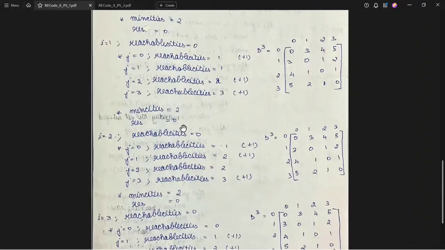And the next i value will be 1, where the reachabilities will again be set to 0, and we will be looping through j's loop. When j equal to 0, reachability will be 1 because the cell 1, 0 has value 3, which is less than or equal to the distance threshold. We will be adding 1 to the reachable cities, and when j equal to 1, it is the 1, 1 cell, which is a diagonal cell, so we will be ignoring the case and